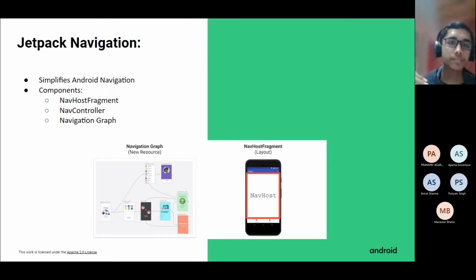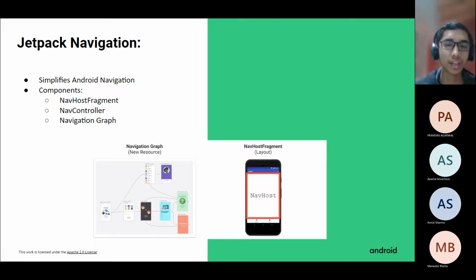Okay. So when you want to use Jetpack navigation for that, then you would need 3 main things. So the first thing would be your nav host fragment. It basically stands for navigation host fragment. It's what displays the fragment that has to be shown to the user.